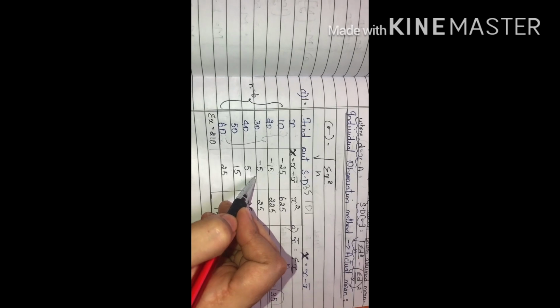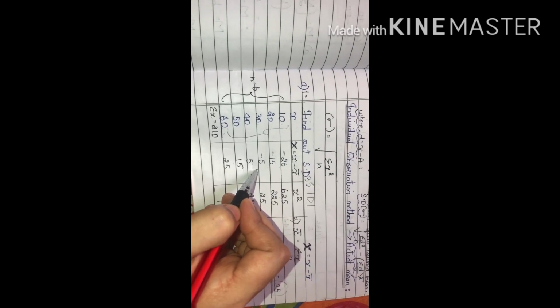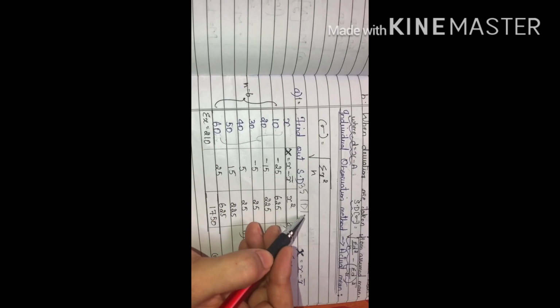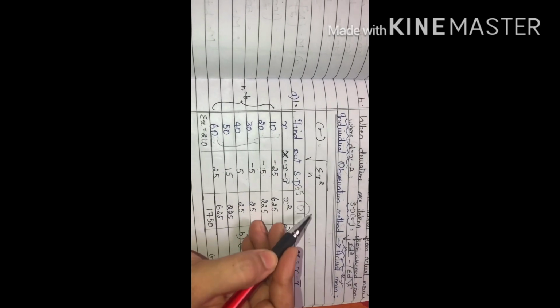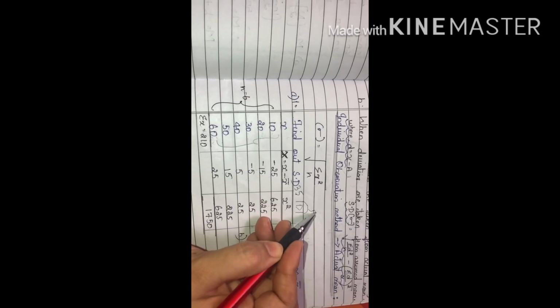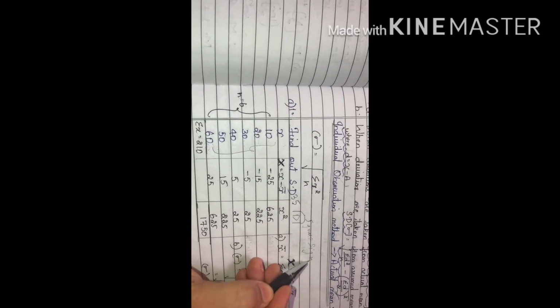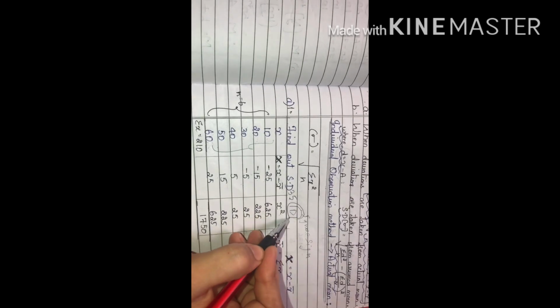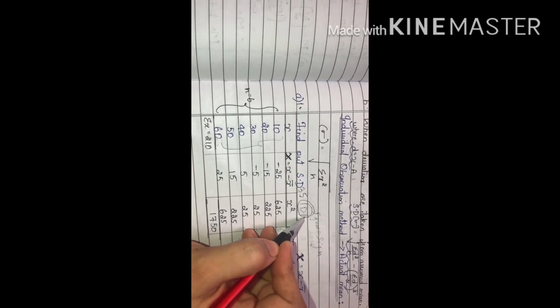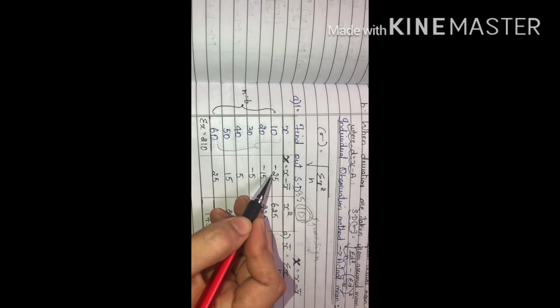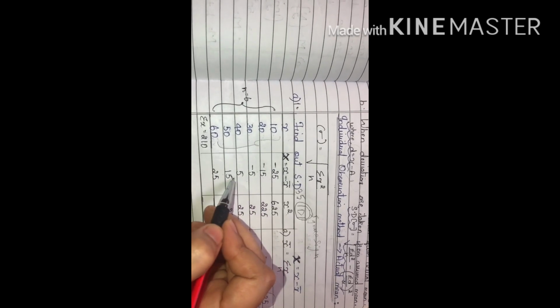Now I'll tell you why we have taken the minus symbol here when we did not take these symbols in the last method, that is mean deviation. Because in the last method we were using mod d. This mod symbol was used to ignore the signs, but here we are not using this mod symbol. That is the reason whatever the signs you get, you should write as it is. If it's minus, you should indicate it as minus values.